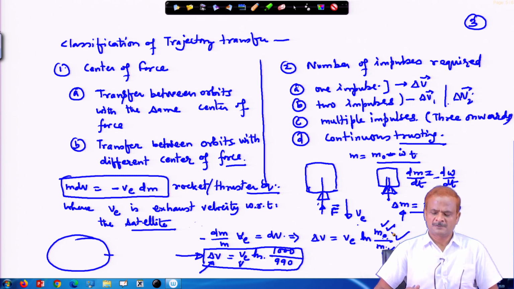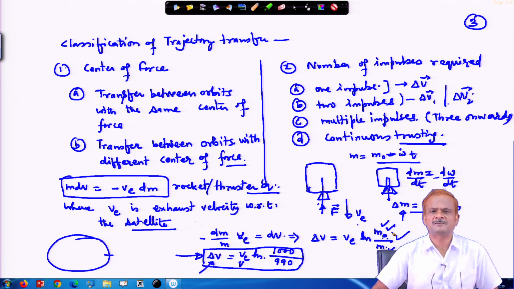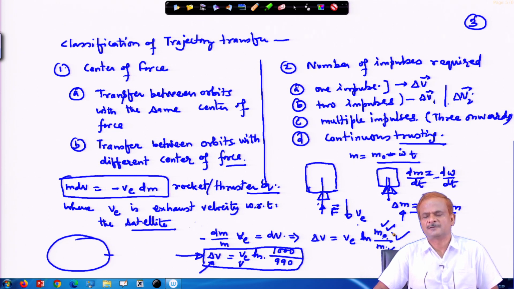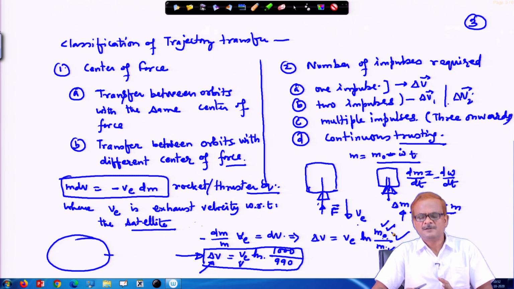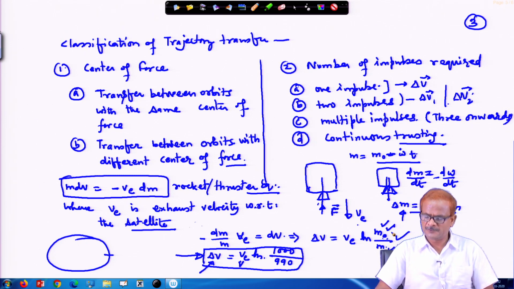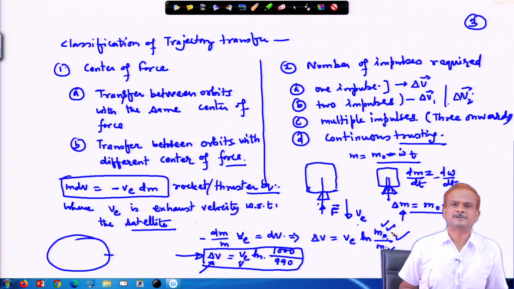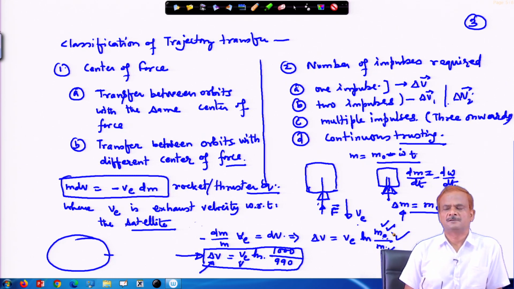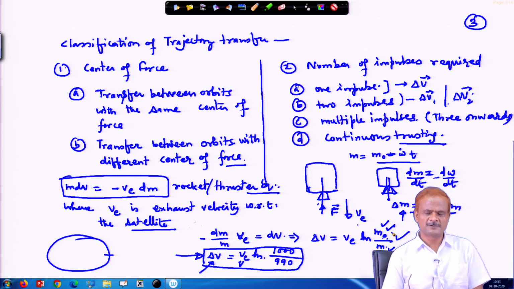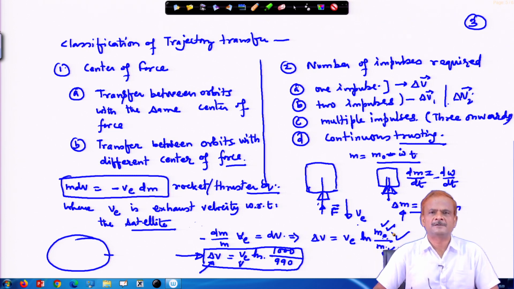That has to be added to the satellite mass. So, it is not a one shot process, nobody can do it in one shot. It is done iteratively, and as you refine, you get more and more precise. After a few iterations using a computer, you will see that you are getting a nice result, it converges. For as many maneuvers as you require, that many maneuvers you can plan. Depending on the propellant, your satellite life depends. Once the propellant is lost, the satellite will start deviating from the desired orbit, and thereafter it gets lost.